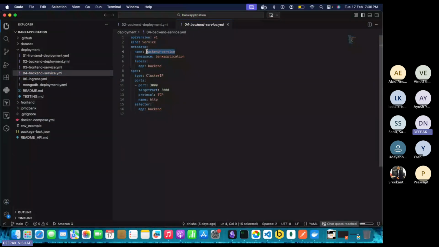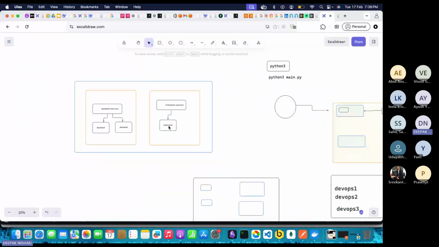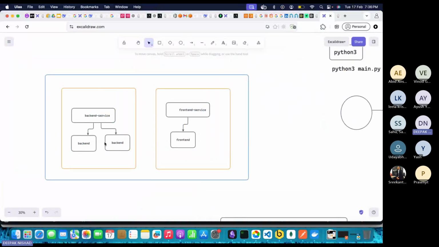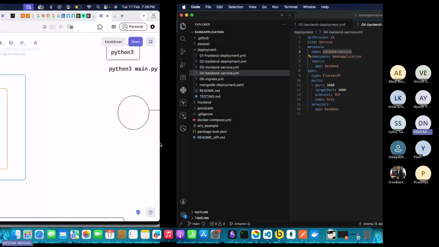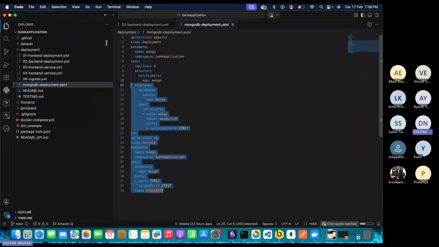Yes, clear. So this is the mapping you can see here. Pictorially, this is what is happening. There are many more components, but to make it very simple, this is what is happening behind the scenes. Now, if this thing is clear, let's go to another one. The same thing is happening with this one,